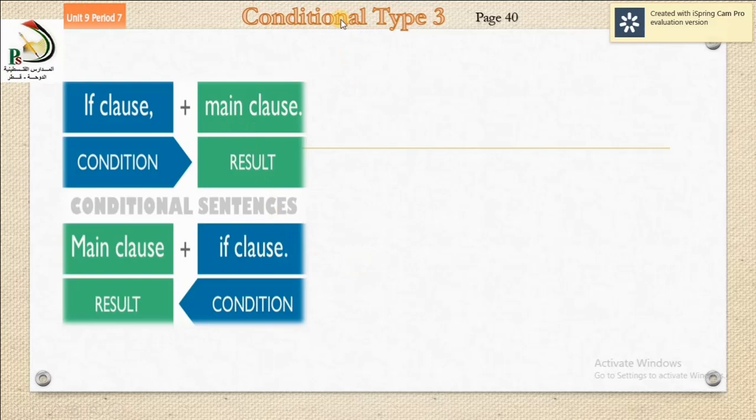Now, what is conditional type 3? Conditional type 2 is imagination, right? It is an unreal thing, imagination, but in the future. Why future? Because we used what? If plus past simple, then would. That's an imagination in the future. But when we get back to imagination in the past,